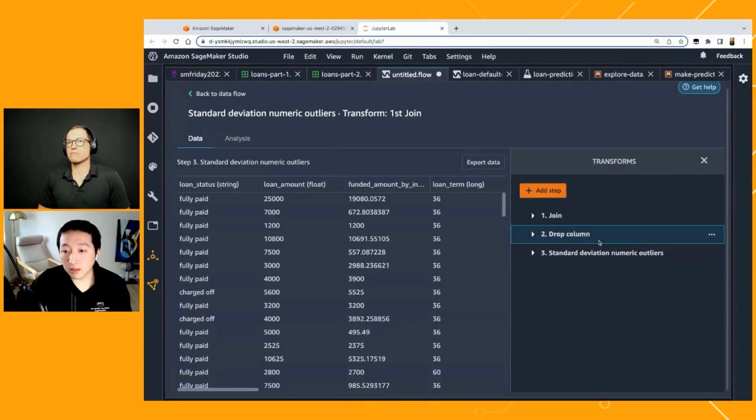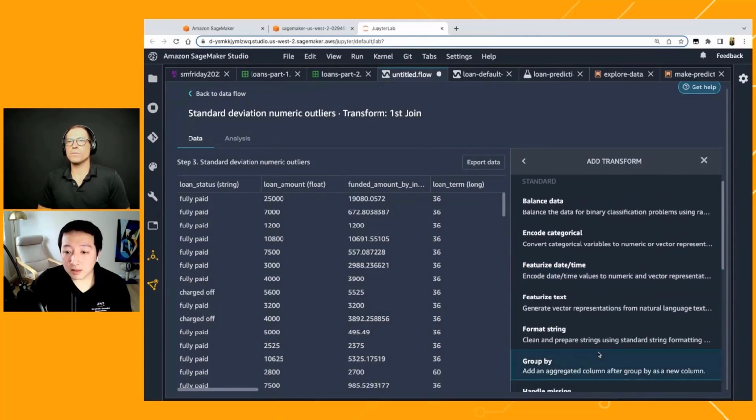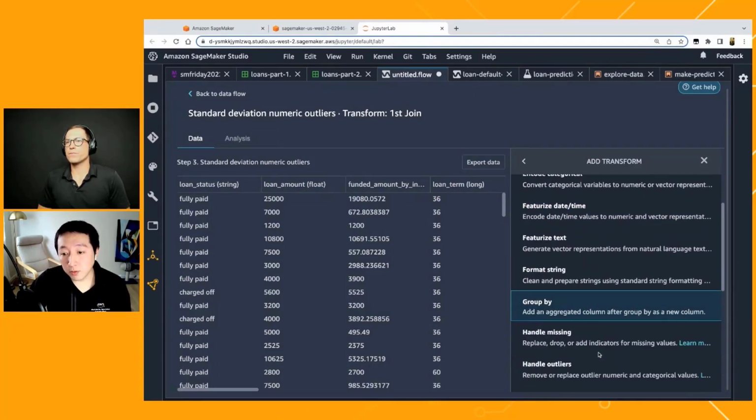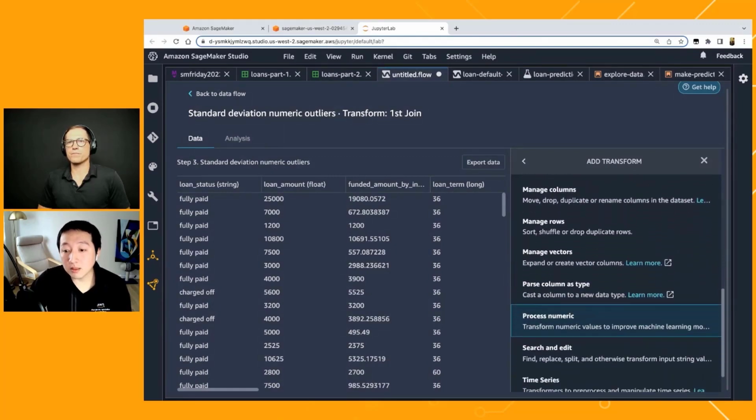So this is how you can analyze the outliers, find the outliers, and clip them at a certain range. It's pretty fast. That's awesome. And the next thing I like to do for numerical data is perhaps normalization or standardization.